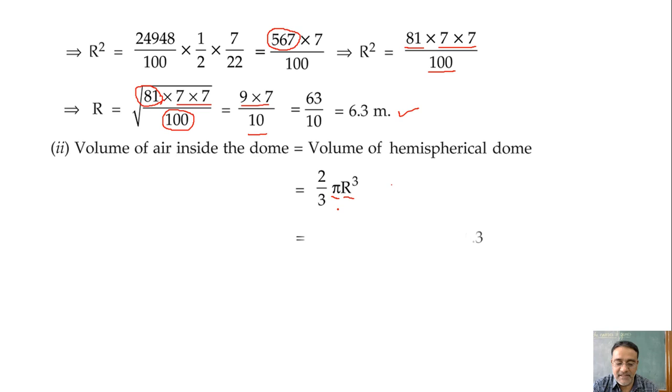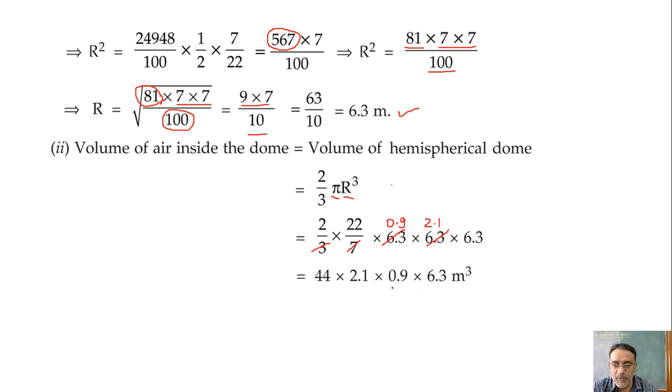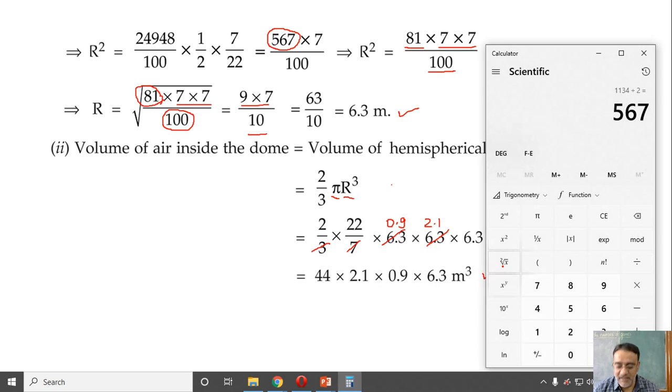The value of pi is 22/7 and the value of r is 6.3. Okay, so 6.3 we can cancel with 7. We'll get 0.9. Right, and again, this 6.3 also you can cancel with 3. You will get 2.1. So what we are going to get: 44 into 0.9 into 2.1 into 6.3. If you multiply all this, you will get